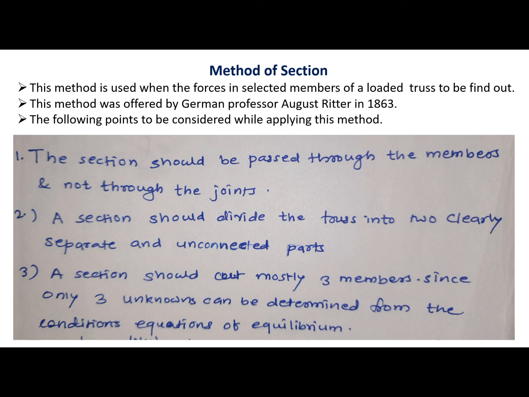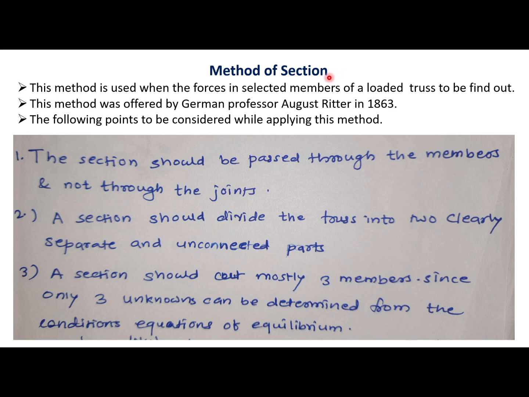You must have seen till now that from the second module, most of the points we have covered, and this is the last module of the topic which we need to cover, that is the method of section. Till now, we have seen the difference between the machines and the frames, analysis of simple trusses, then the beams and its supports, types, how it is calculated, the different types of beams and its reactions. Like that, we have worked out a good number of numericals.